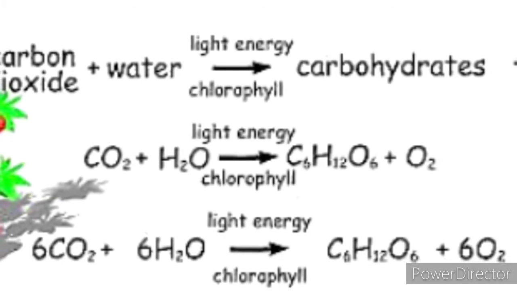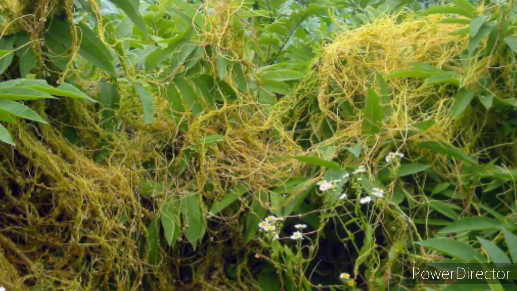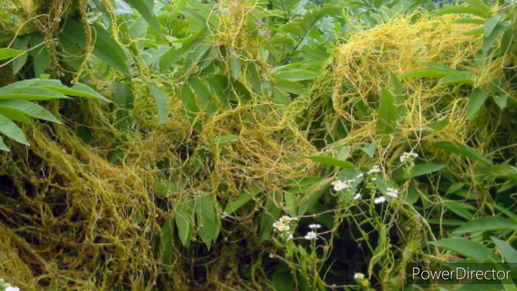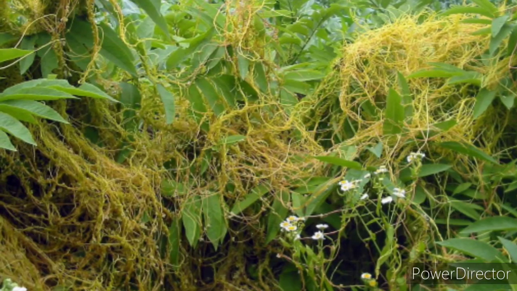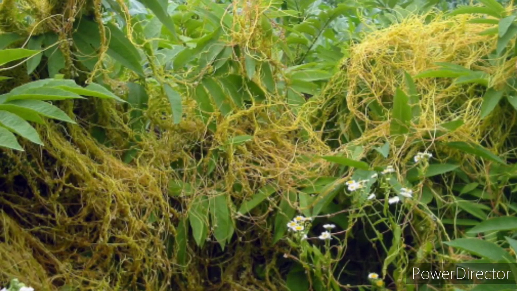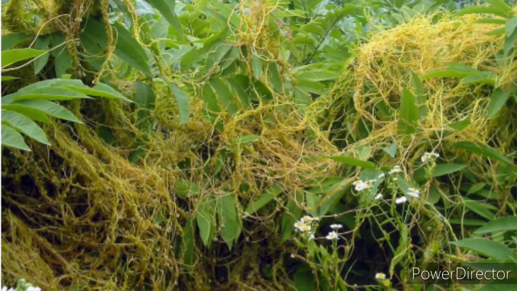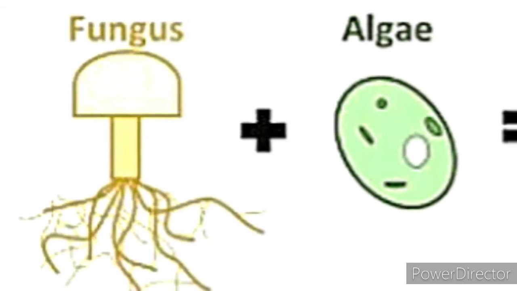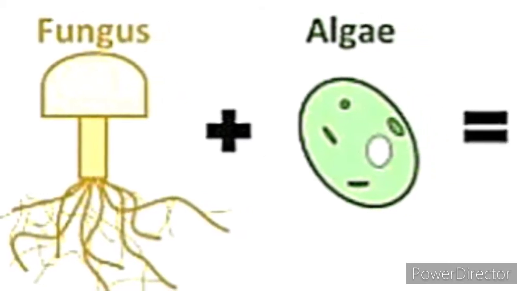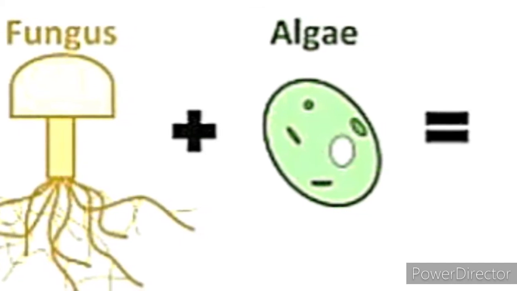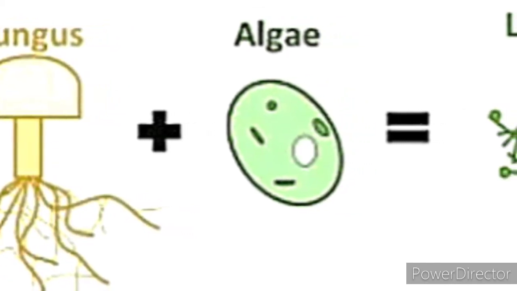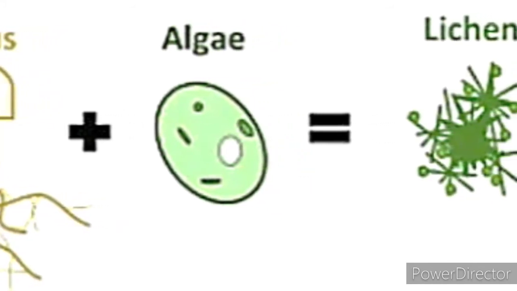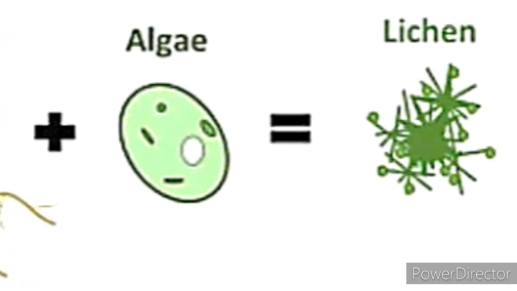And let us see some other plants, parasitic plants, which depend on these plants, the autotroph plants that prepare food materials. Some plants are very weak and primitive. They can't prepare their own food, so they depend on other plants. Fungus and algae are also such plants. Algae is green in color. It has both plant and animal characters. So it also depends on some plants that prepare food materials.